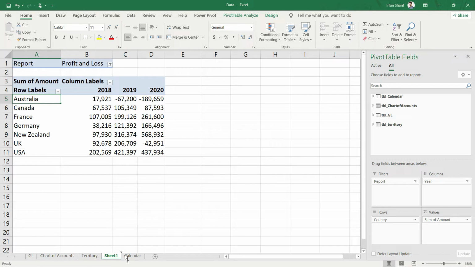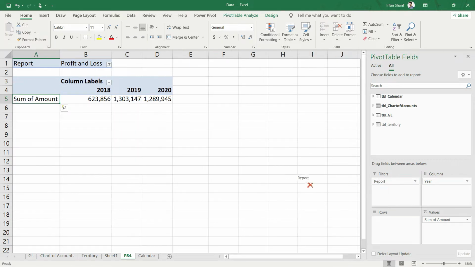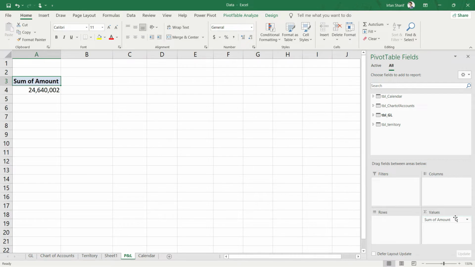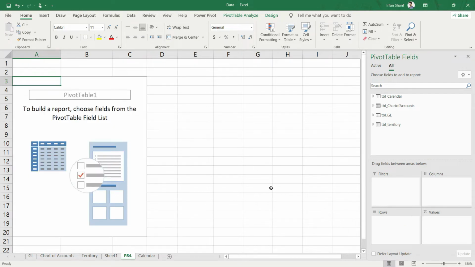And now you will notice that there's a plus sign here, right? Now you can leave your mouse and you can see that we have a new sheet here. So first of all, I'm going to rename this new sheet as my P&L. And on this new sheet, I want to remove everything that has already been added, and I want to start right from scratch so that we can discuss everything once again. So I will remove all the fields from here, and now you can see that we have our pivot table, which has no data at all.